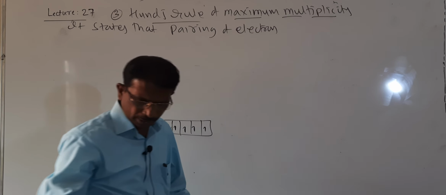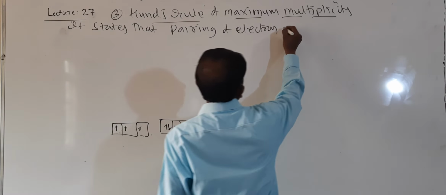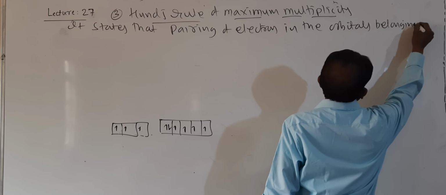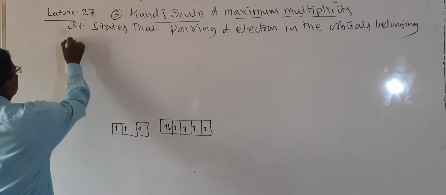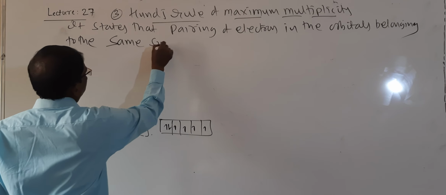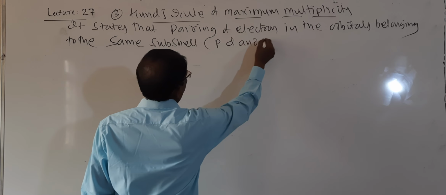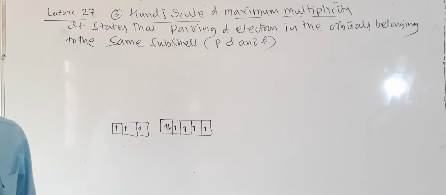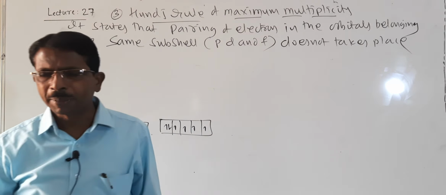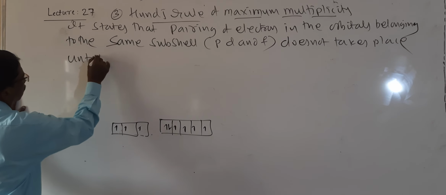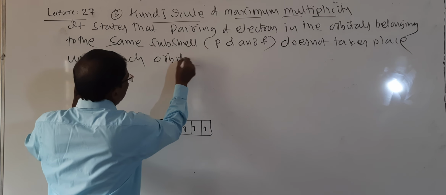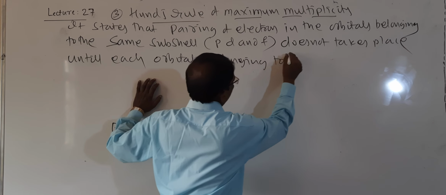Pairing of electrons, remember, pairing of electrons in the orbitals belonging to the same subshell does not take place until each set of these orbitals, until each orbital belonging to these subshells